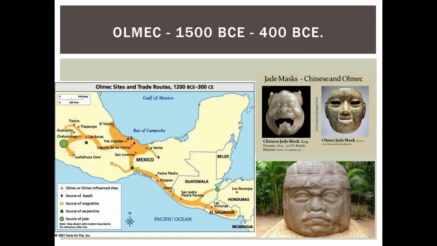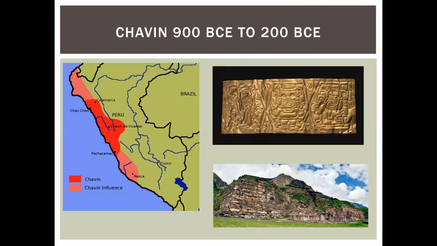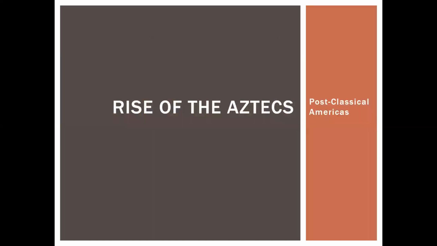The Olmecs are famous for building huge stone heads, showing advanced art and stonework technology. But the Olmecs are really an ancient civilization. Also, the Chavin down in South America and Peru were incredible goldsmiths. They built large temples. So these are the earliest examples of pre-Columbian societies. But the much more common ones that you should know about are the Aztecs.